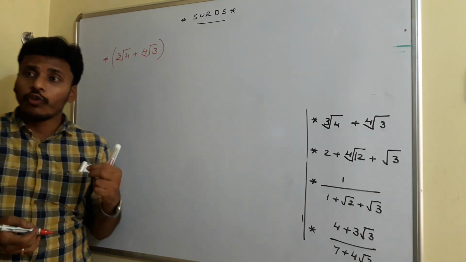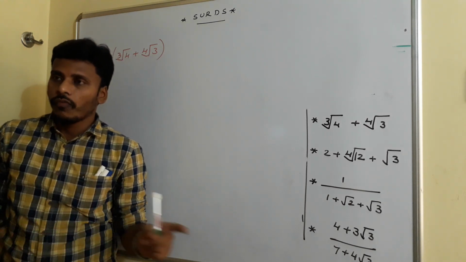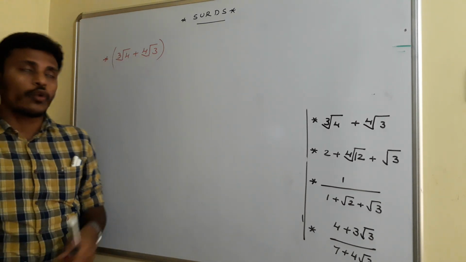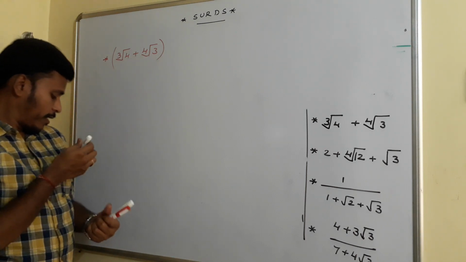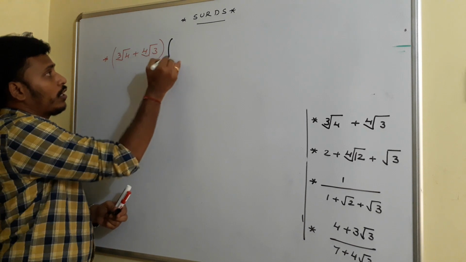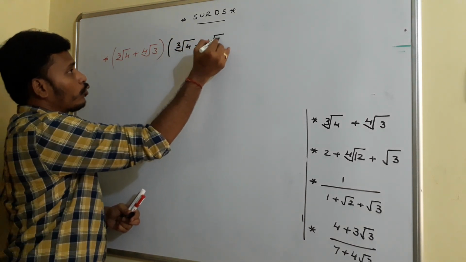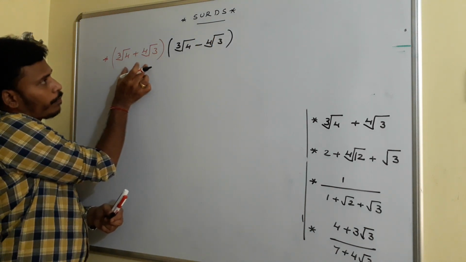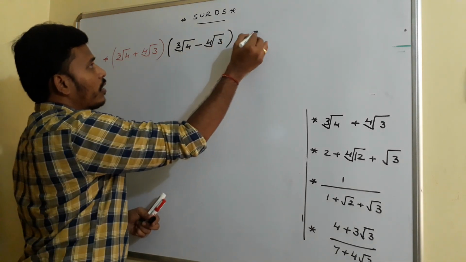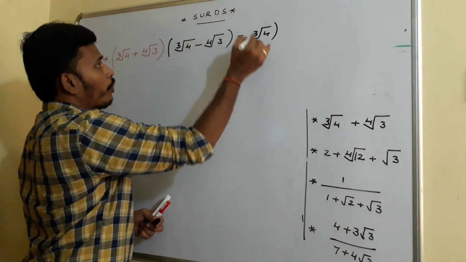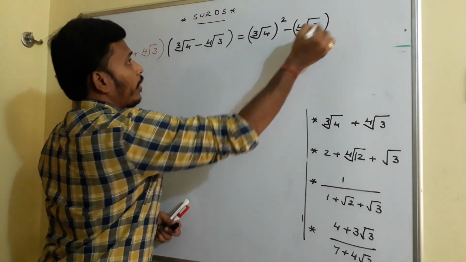So first you try to reduce this fourth order to the second order, and second order to the first order, that is the normal number, and then try to remove this cube root again. Since the problem is given as cube root 4 plus 4th root 3, you just multiply it with cube root 4 minus 4th root 3. The product of these two things is nothing but cube root 4 square minus 4th root 3 square.